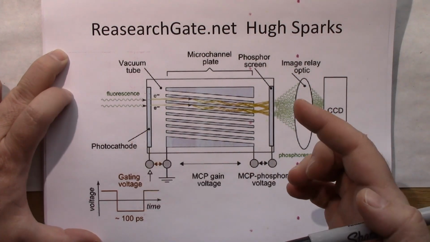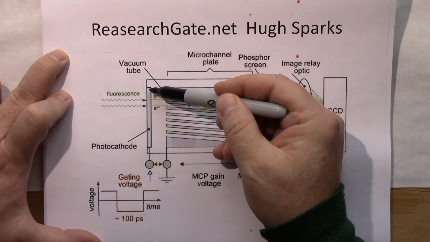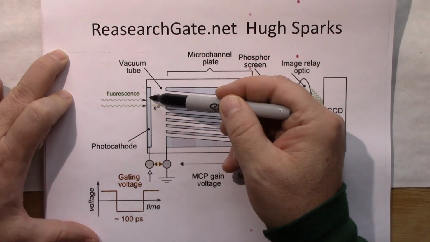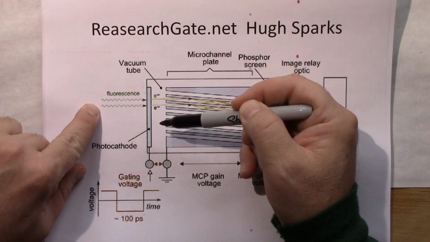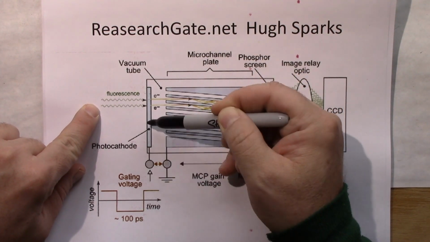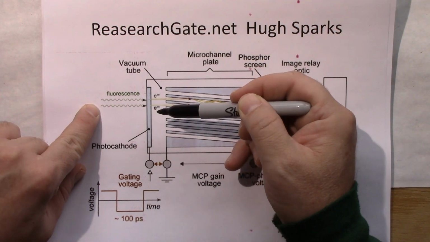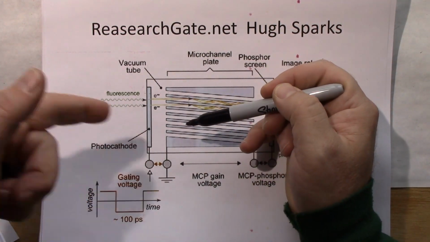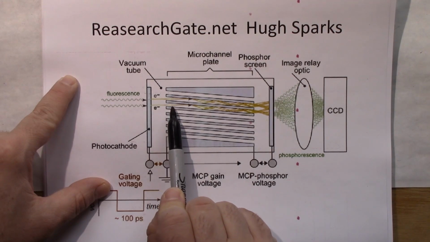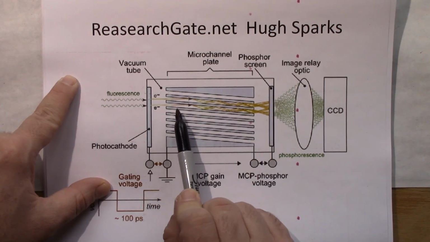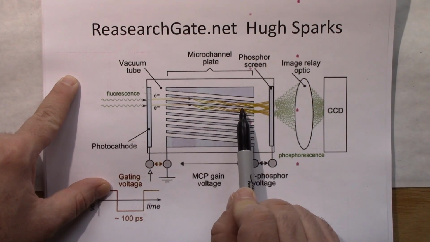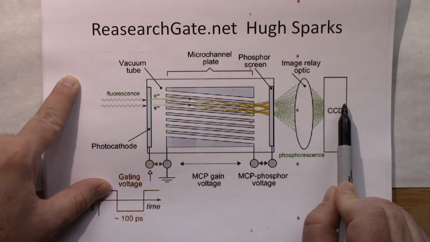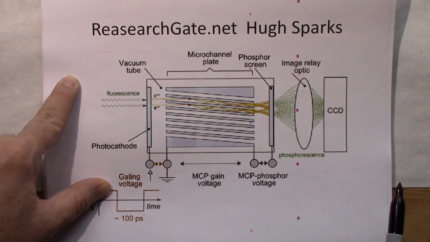Okay, and here's the other problem with this, here you have this plate. This is your photocathode, which has electrons that are being energized by light, and then what you're going to do is put a very, very high negative voltage on this side, which is going to cause them to say, hey, I don't want to be here. So you're almost helping them jump off. And then they're going to jump into this microchannel plate, where they're going to bounce around, causing other electrons to bounce out until you get a flood of electrons hitting the phosphor screen, which is where you get the green dot that's seen by the CCD camera.